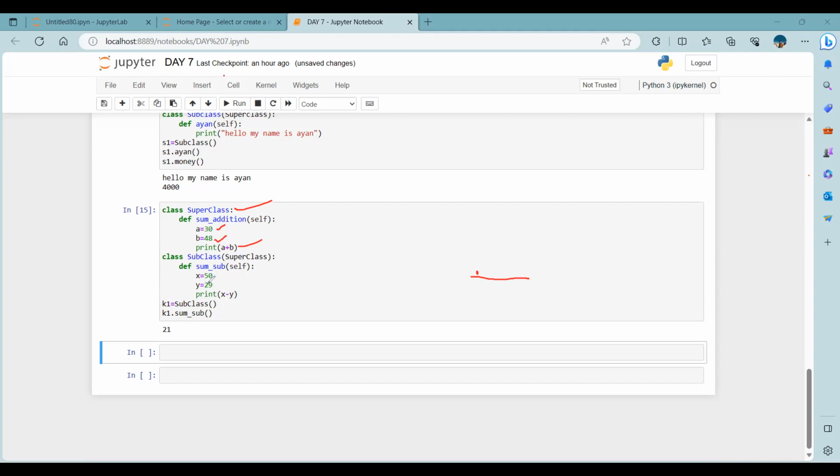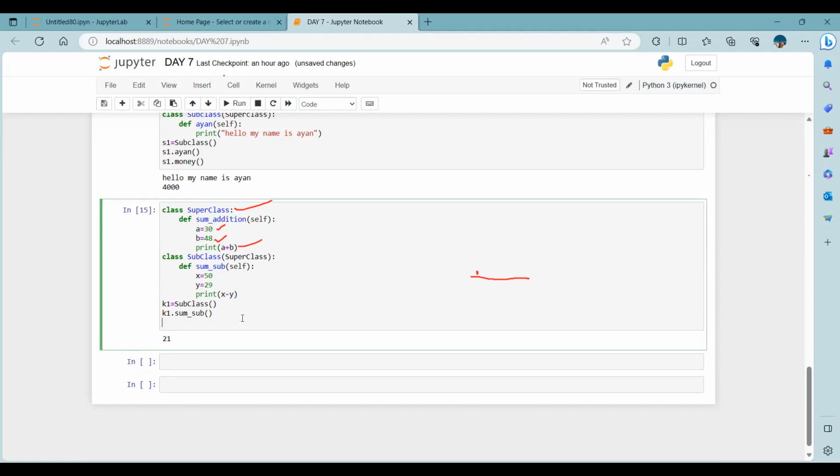But how? At first we create an object called k1 for the subclass. K1 is equal to subclass, and then there is a method, k1 dot sum underscore sub. It will show us the result of a subclass. But how is it inheriting the property? Now, if we write k1 dot, k1 dot